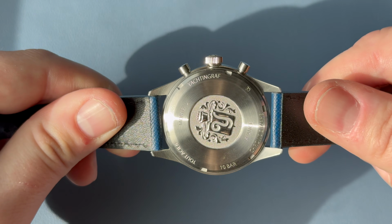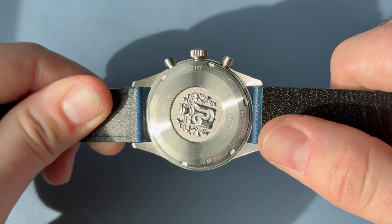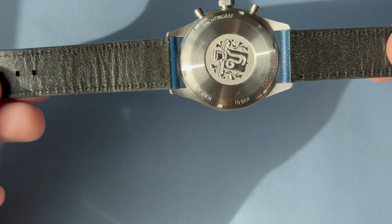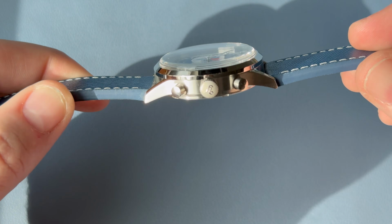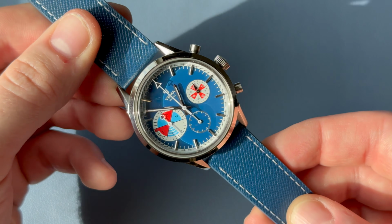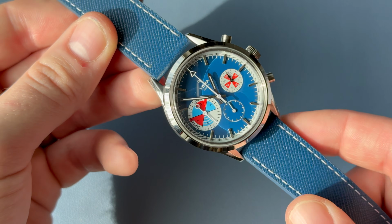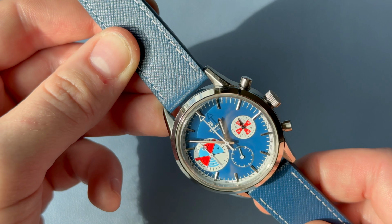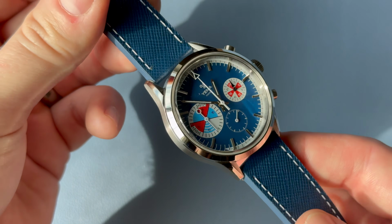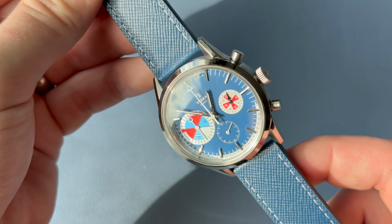Got a coat of arms on the back, says Yachtingraf, Yema, chronograph, 10 bar. Yeah, very nice. Definitely a waterproof or water resistant strap from what I can tell so far. Not sure exactly how comfortable this will be. Seems like it might be a little bit stiff, but I don't think it's going to get damaged with water, so that's nice to say. So let's take a look at this on my wrist and see how it wears, and then we'll talk about